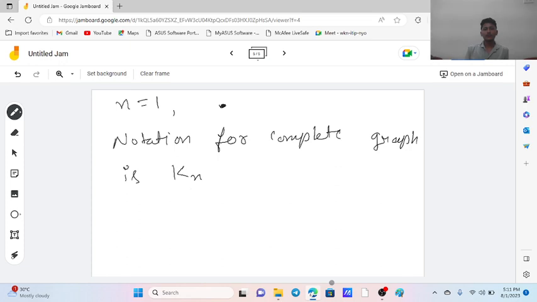Okay, so here n denotes the number of vertices. Like if we will see K2, K2 is what, just this is the complete graph.